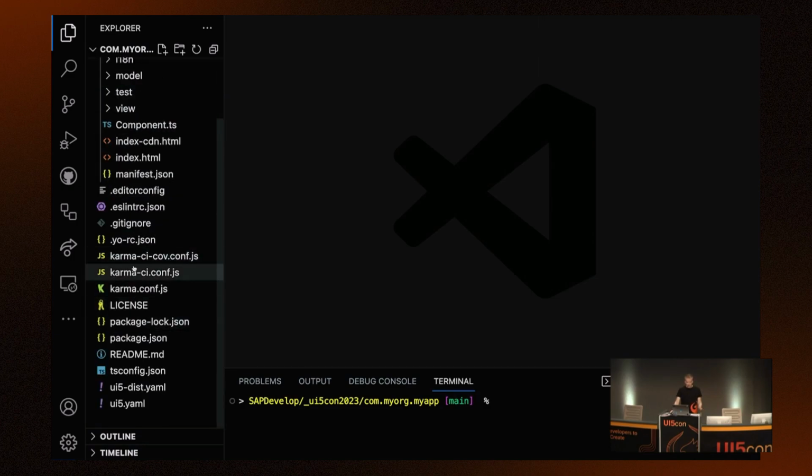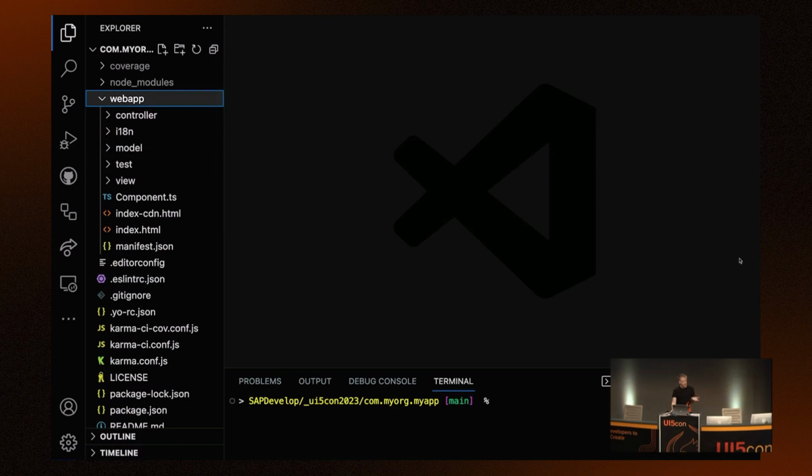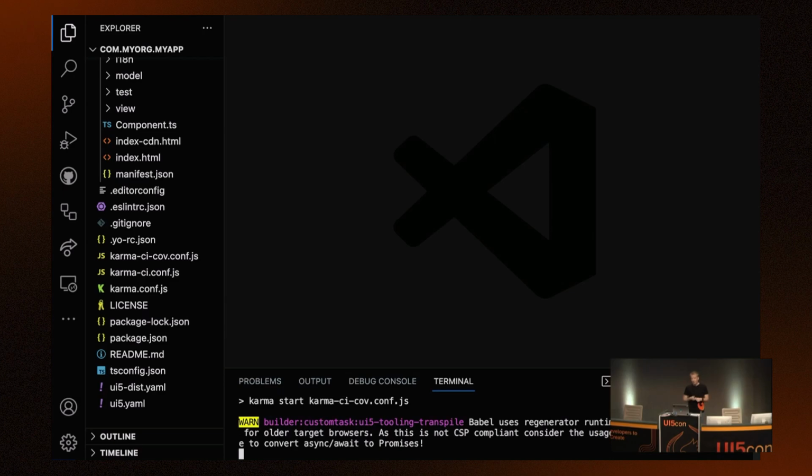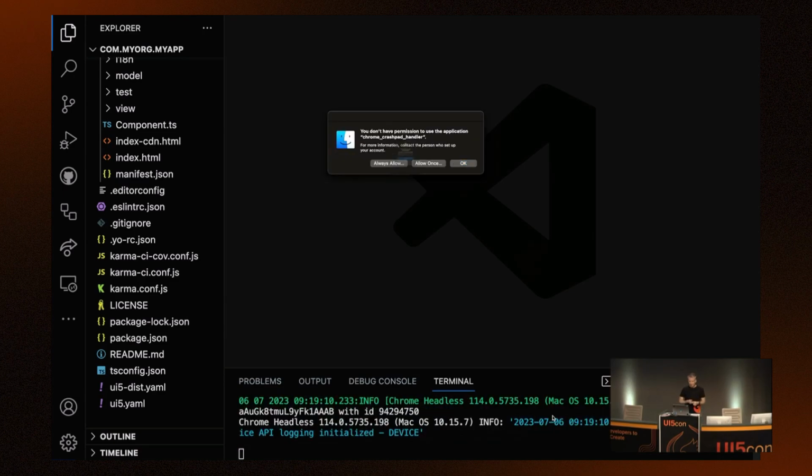Another thing is you see here some Karma configuration. So the testing was missing, actually, last year. And so far, because the OPA APIs are not exactly well suited to a typed world. They are a bit, interesting. And we have worked a bit on them, and we have come to a proposal, to a suggestion how to write tests. So with this setup here, you can just write npm test. And you have linting and the integration tests, with OPA, the unit tests.